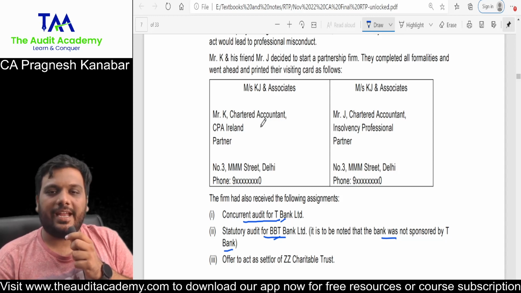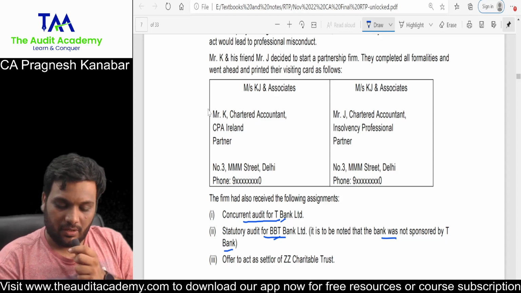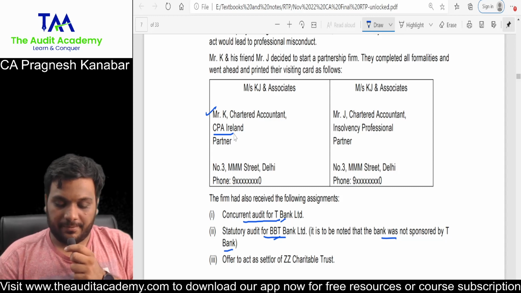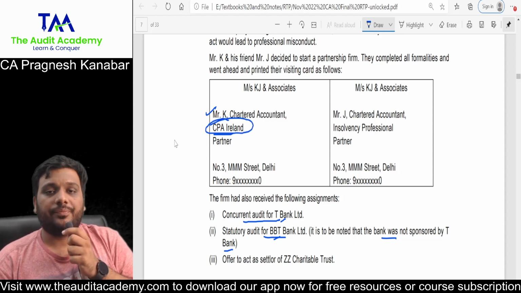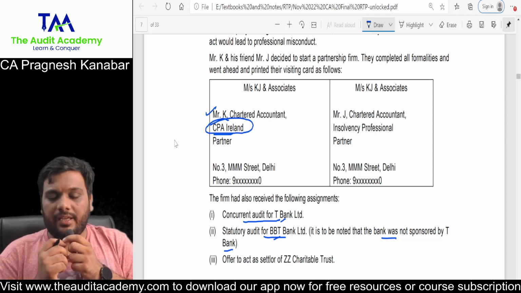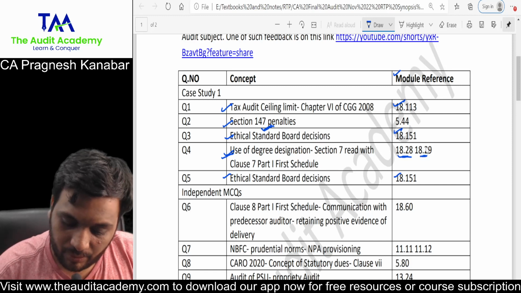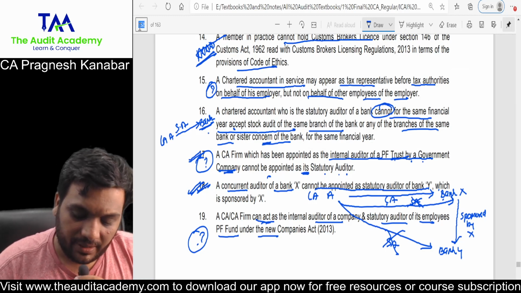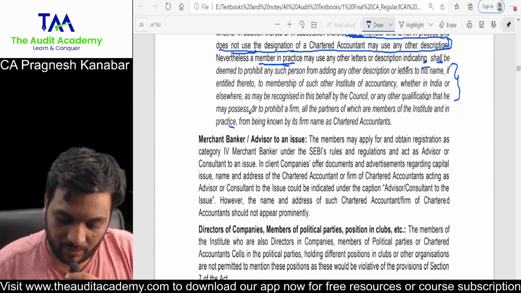Okay, so KJ and Associates, Mr. K, chartered accountant. All right, CPA Ireland, fine, partner. Okay, so we need to examine this CPA Ireland over here. Now, as per the ICAI, I've given this page number reference also. 18.28 and 18.29. Let me show this because this can be a point of confusion. Many other questions are straightforward. Every time module opening may not be required, but over here